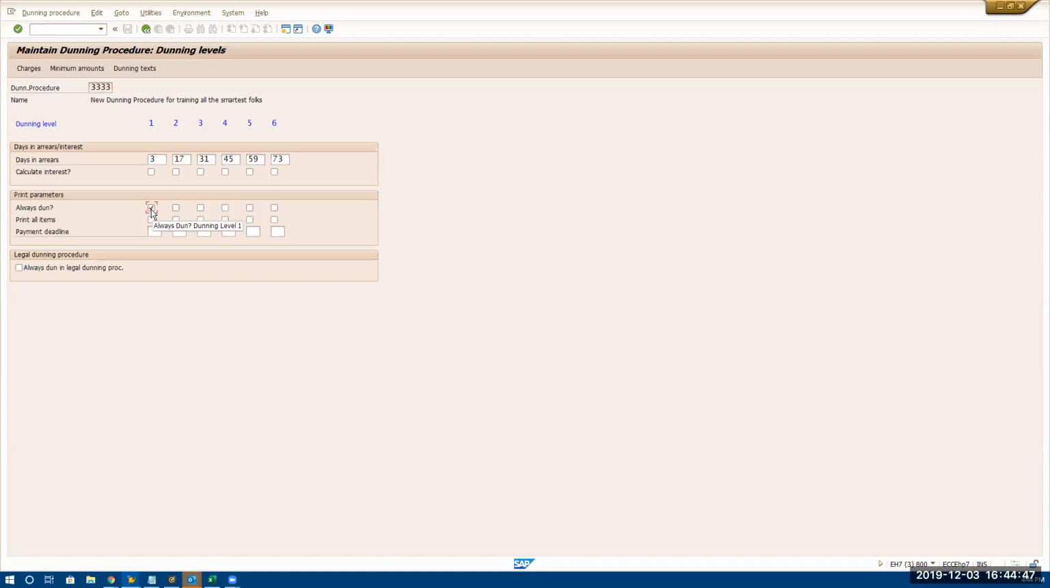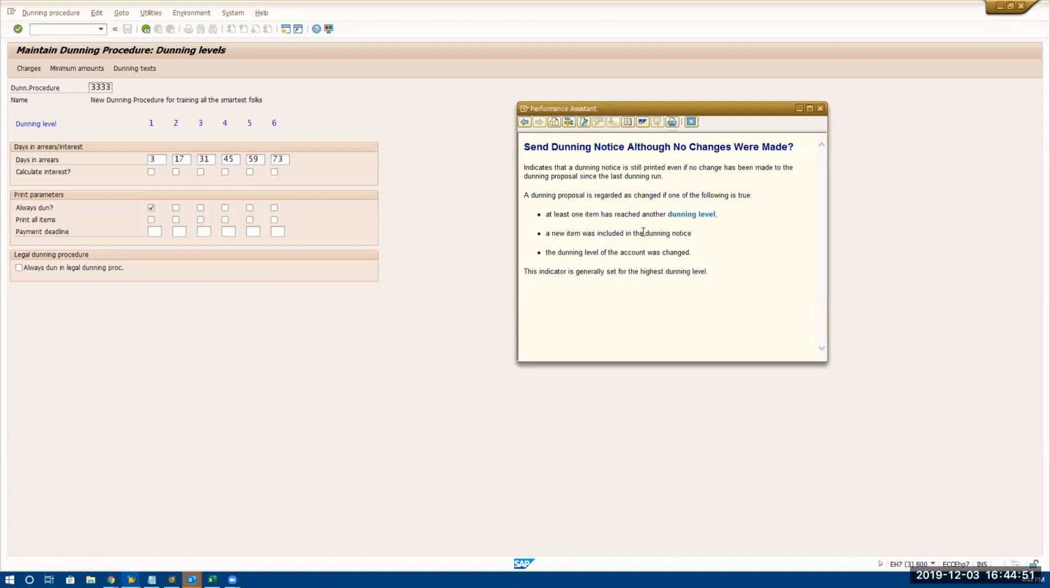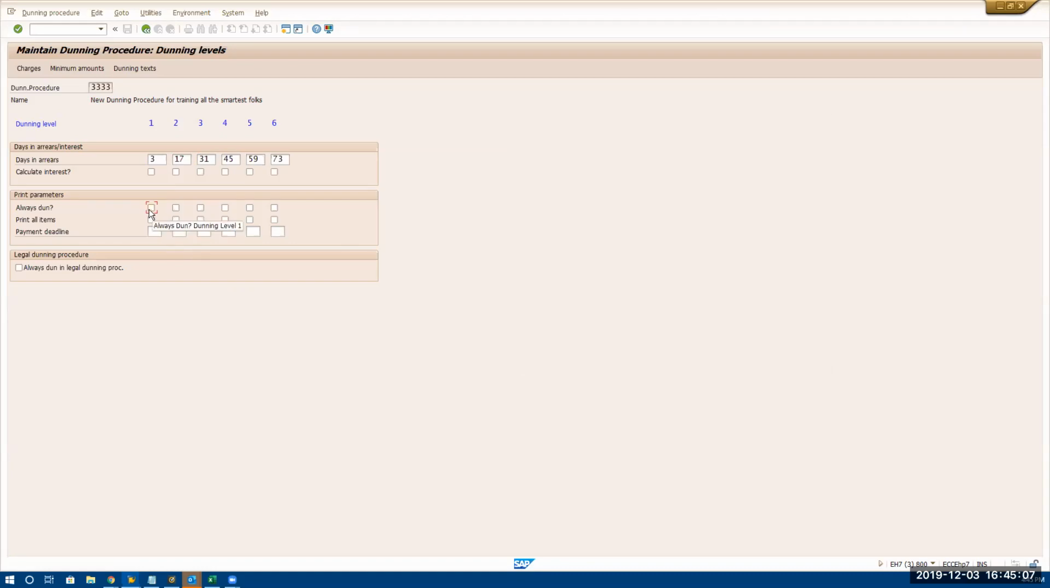Let's take this one here. It indicates that the dunning notice is still printed even if no change has been made to the dunning proposal since the last dunning run. A dunning proposal is recorded as a change. No change has been made to the proposal since the last run. So always dun means